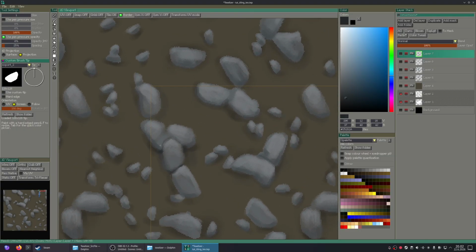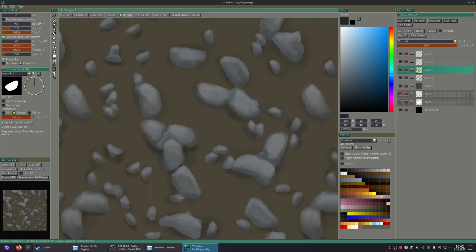That is looking pretty weird actually. How would I solve this? Pick an eraser. Oh, there's the scattering. Because it is per tool, not global. Actually erase that part there.